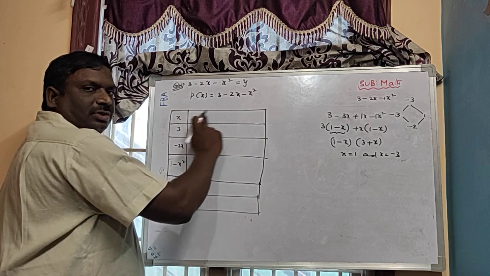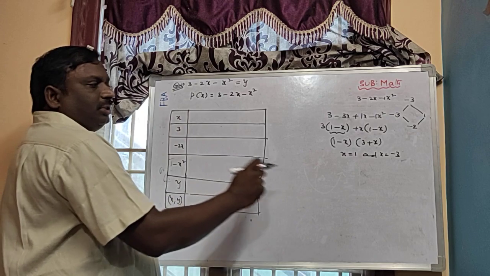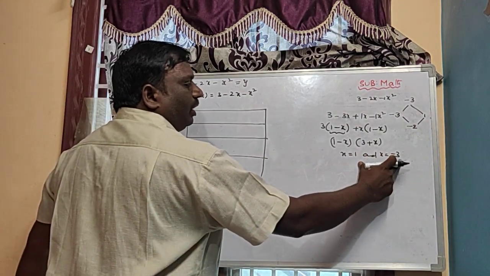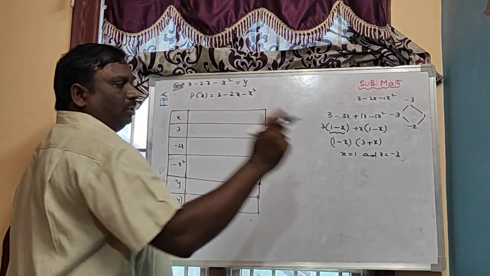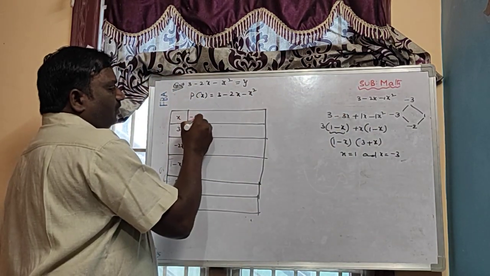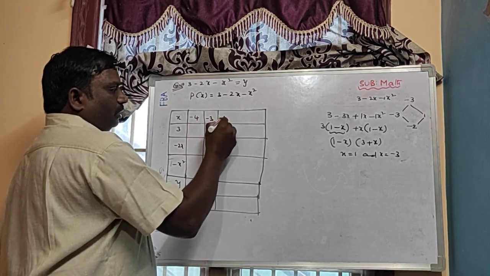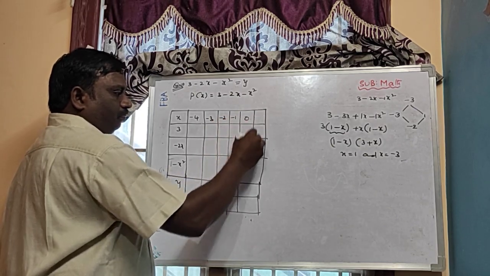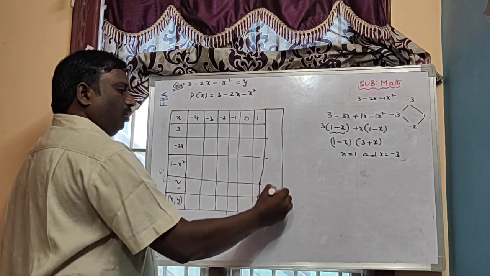So these are the 6 columns. Now what are the values to take? If you have any doubt, I already explained how to take the values in the previous session. Now 1 and minus 3: in between these two values we can take all, and after 1 we have to take one value, that is 2. Before minus 3, one more value we have to take, that is minus 4. So from minus 4 onwards you can start: minus 3, minus 2, minus 1, 0, 1 came here, and 2 also we have to write.